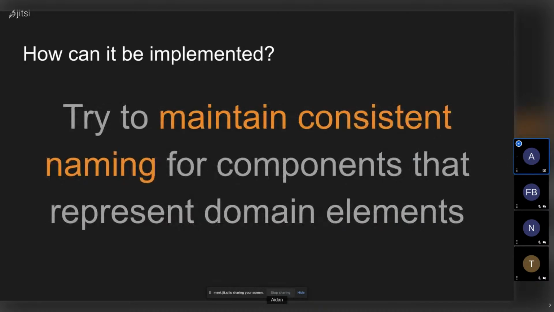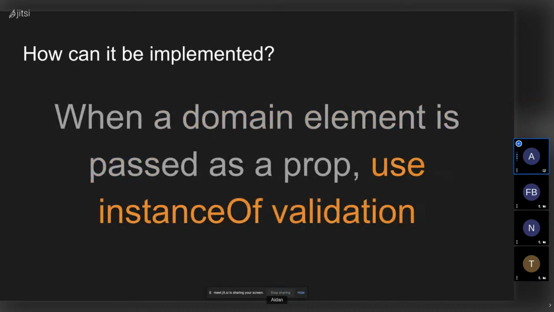Second, now that you've got that list of nouns, use those nouns everywhere that you're interacting with those objects, because that's going to make it easier to understand what everything's doing, and easier to search for things, and easier to understand for new people joining. And finally, if you're using TypeScript, make sure that TypeScript is encapsulating this domain model in your interfaces and types and shapes, and that those two things are going together.